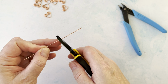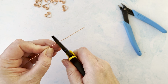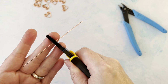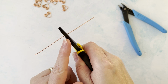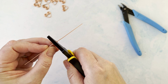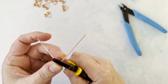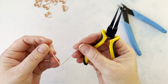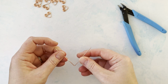you want to place your mark just to the left of where your plier starts. Okay, now the reason for that is if you completely centralize it, when you bend this over, it will be slightly offset. So just to the right, and then bend it at an angle like so. So you have this. This is like a V shape essentially. Okay. So there's our first